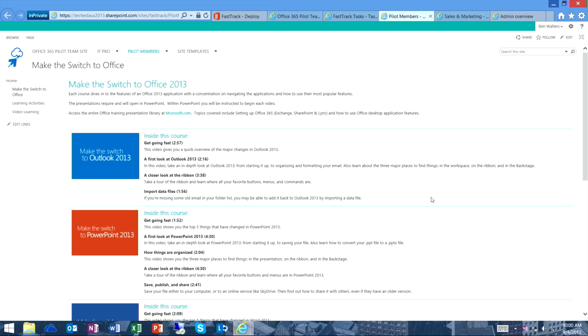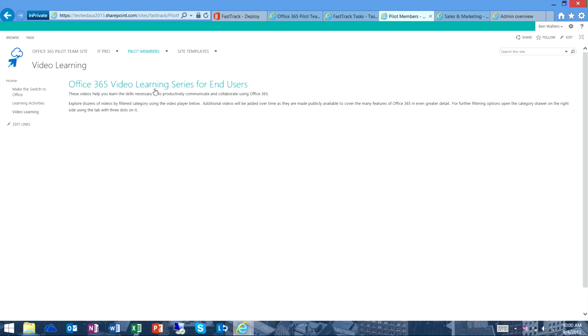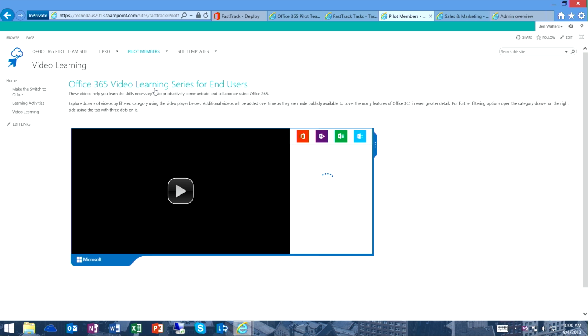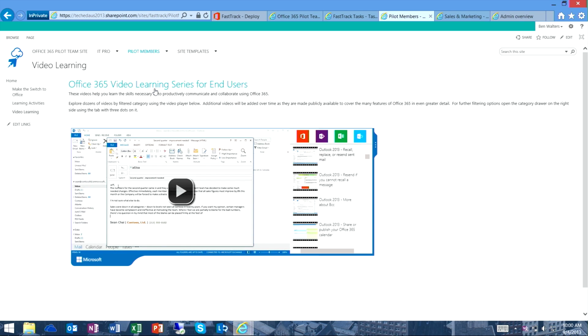And you can help your end users get training and move through the scenarios, and look at your video learning, where you can see over 100 videos that actually show your end users how to work with Outlook, how to work with Lync, and all the different pieces that you may want to help deploy out to them. So it's an IT pro portal, and it's an end user portal